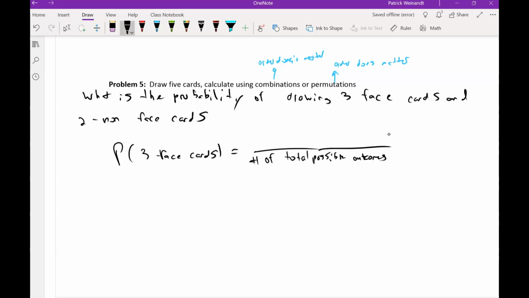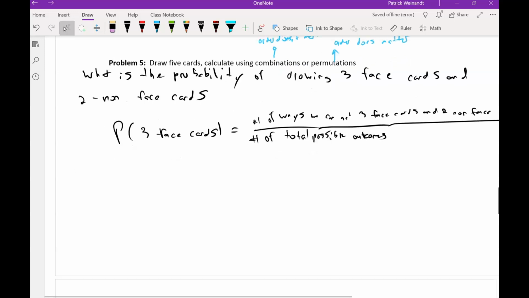And what goes in the numerator is the total number of successful outcomes, or I guess the number of ways we can have this event occur, or the number of ways we can get 3 face cards and 2 non-face cards. All right, so the way you find the number of total possible outcomes, we're going to